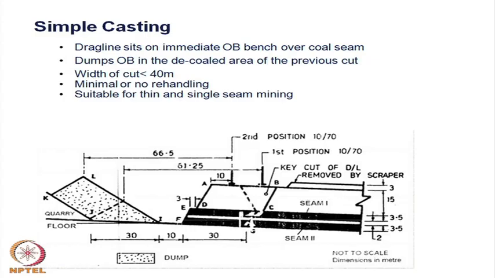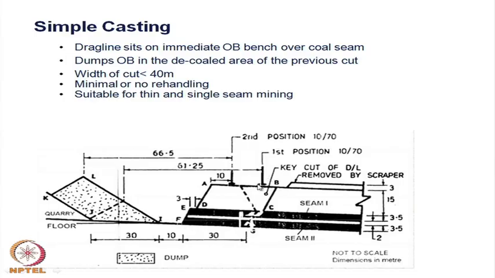At this stage, please know that it is nothing but a representation of the situation. In a range diagram, we draw the cross sections of the site in which it is working, with the true dimensions of the machines and geometric dimensions of the pit, and we try to see that the material which has been excavated and placed balance together. So, why is it called a dragline balancing diagram? Because, for example, in a casting method, direct casting or simple casting, a dragline